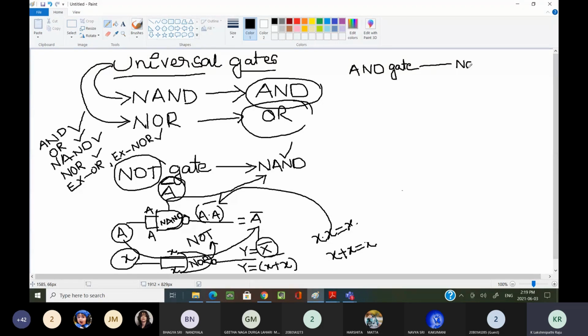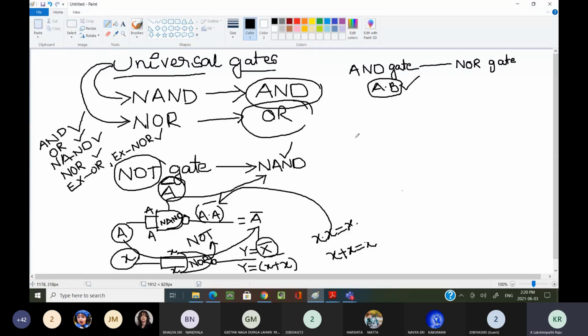How are we designing an AND gate by using NOR gates? That we have to understand. Now, I already told you, whenever we are designing any gate by using universal gates, first we have to know the finalized expression that we have to get. Why? Because based on this final expression only, this is the final expression of my AND gate. That means whatever circuit I am designing will act as this AND gate operation.